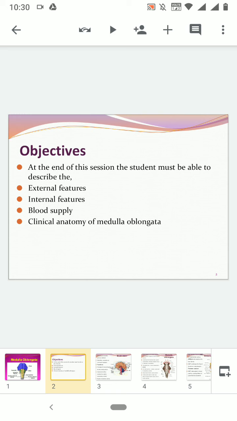So in the medulla oblongata, you have to know about the external features, and then we have to also talk about the internal features and sections at 3 levels. So you have to see the cross sections. Now in neuroanatomy, cross sections are very important, so we have to learn the cross sections at 3 levels. Okay, and then a little bit in brief about the blood supply, and then the clinical anatomy. Now I'll go through the external features just to give you an idea, and then you have to read also from the book and practice the diagrams.